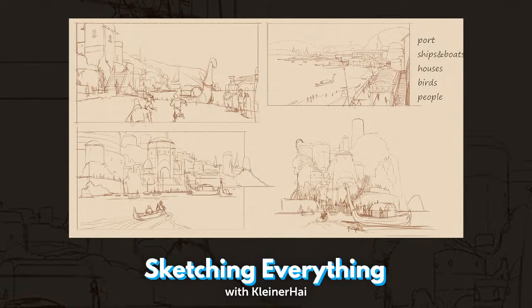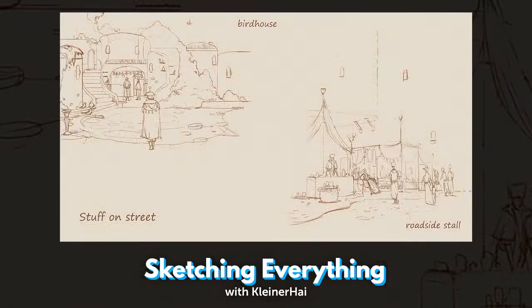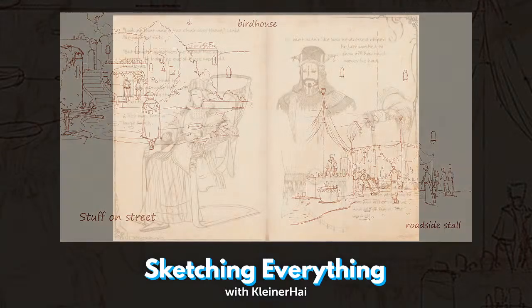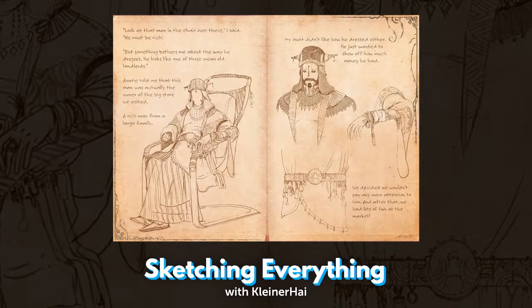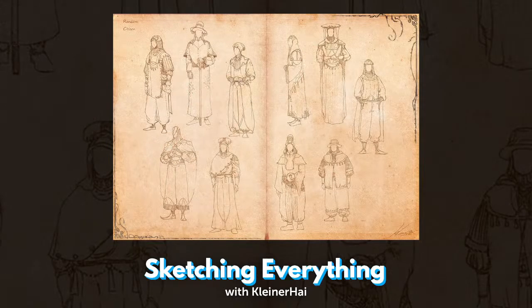We are launching Kleiner's brand new course, Sketching Everything. So you guys have been seeing the finished images from Sketching Everything on your screen, going through all different kinds of sketching styles. This course is very much true to its name. It involves sketching a whole lot of different things in a whole lot of different ways. So we're really excited to be able to finally bring it to you.